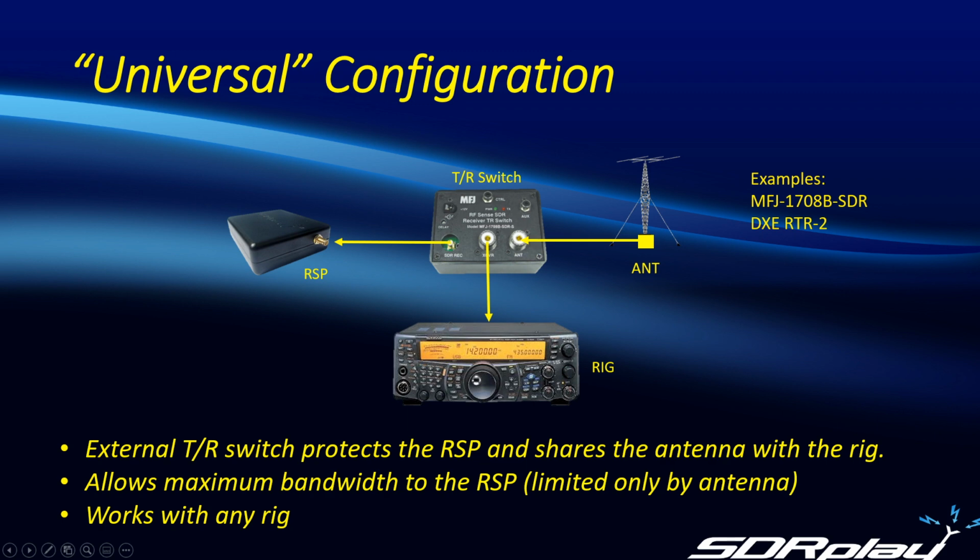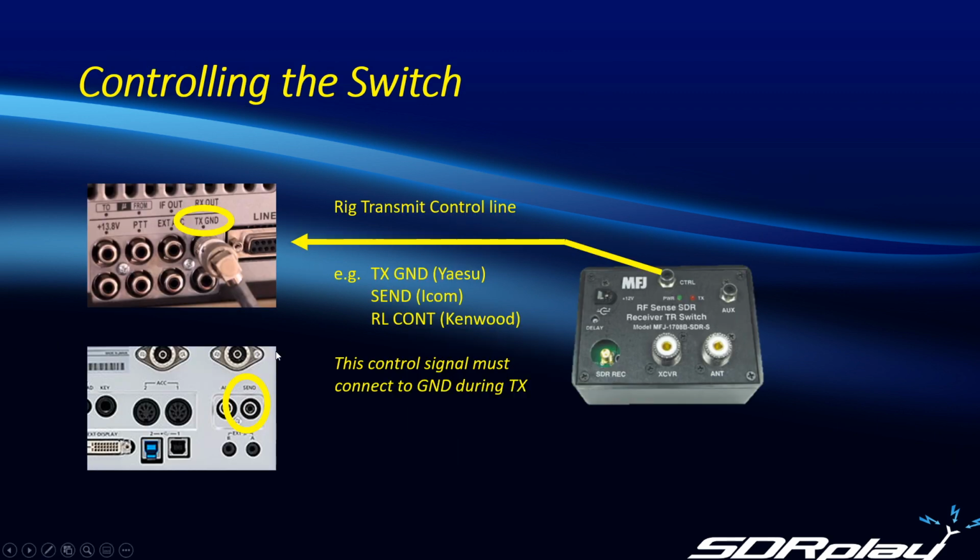Now, I should also stress that it's very important to implement this control terminal on the switch. What that does is enable you to switch the relays in the TR switch every time you key up the transmitter. Now, as you see written on the box, it says it has RF sensing, and it does seem to work. I've used it. But my attitude is you have some expensive equipment there, and you want to take as much precaution as possible to ensure that